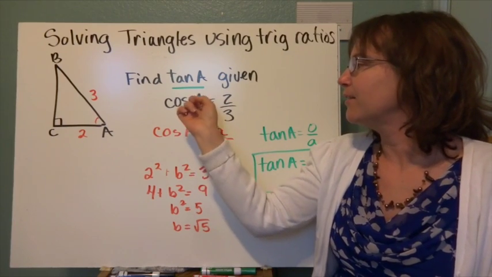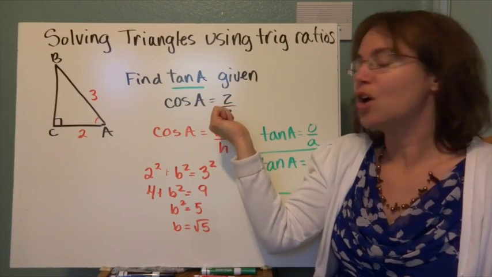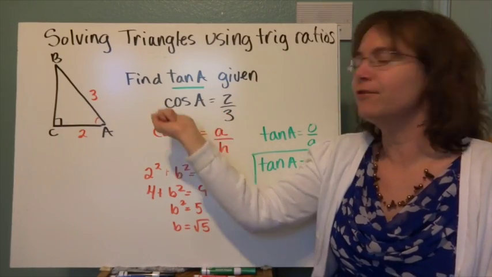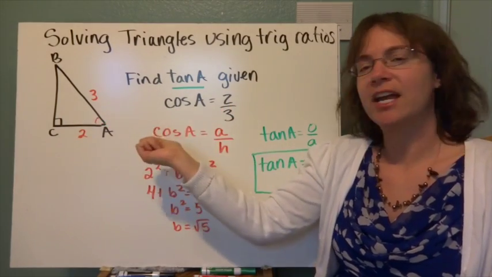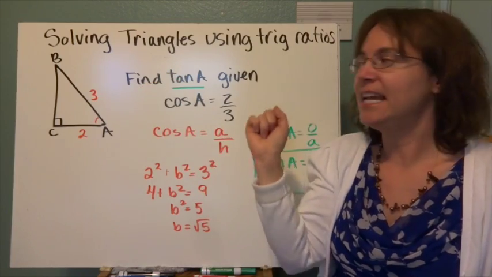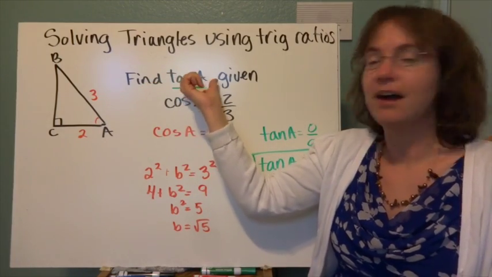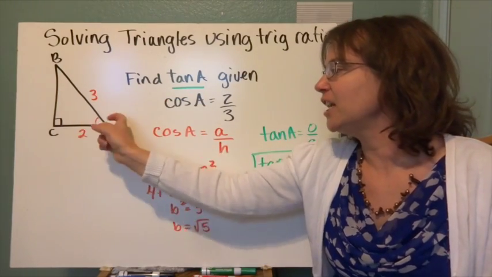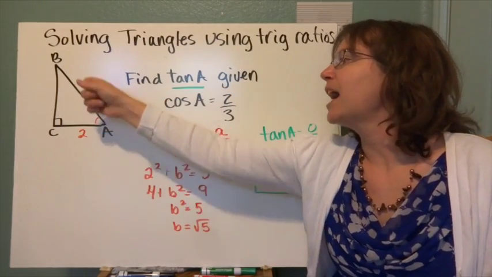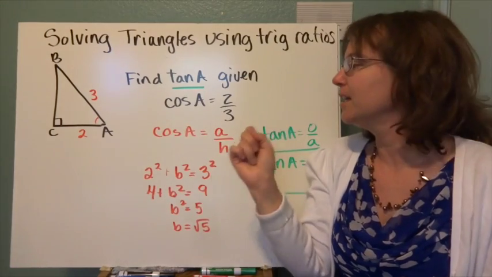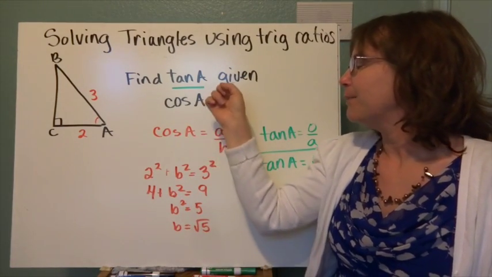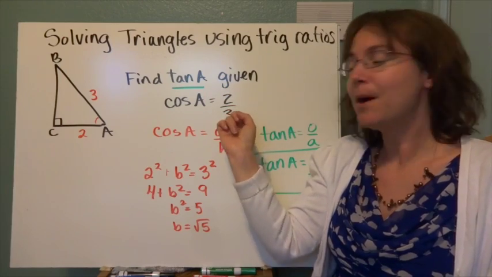So the cosine of A is defined as that ratio, adjacent over hypotenuse. I can use this information to label my triangle and then find the tangent, that side ratio, of angle A. So cosine of A, I know the adjacent of A is 2 over the hypotenuse, which is 3. So my adjacent must be 2, and my hypotenuse must be